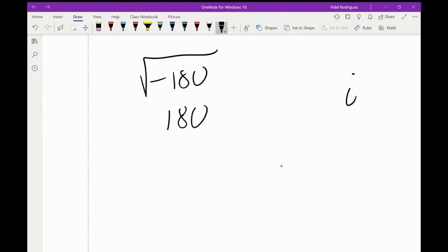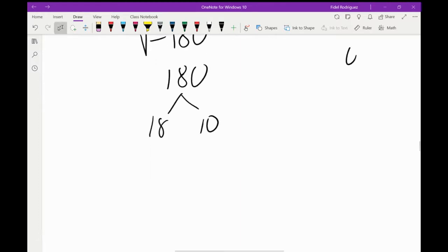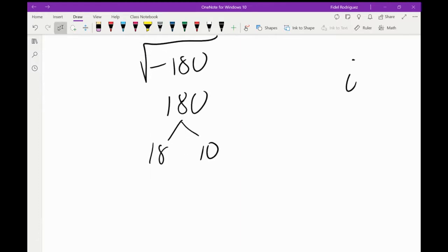Now let's take 180 and see if we can break this down. I know that 180 is going to be something like 18 and 10. How you break up the number isn't really important as long as you break it up correctly. Then I might say this is 2 and 9, this is 3 and 3, this is 2 and 5.